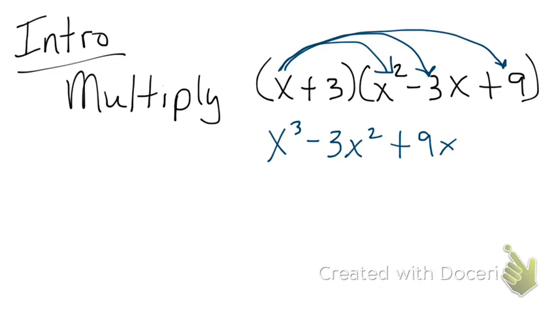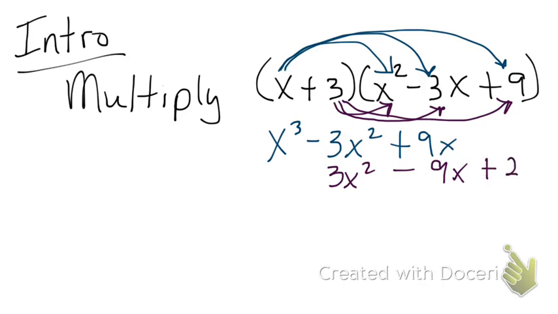So now let's distribute the 3. 3 times x squared is 3x squared. Notice I could write across the way I was before, but I'm going to put my like terms in the same column. Next I'll do 3 times a minus 3x, that's a negative 9x, and 3 times 9, that's going to be